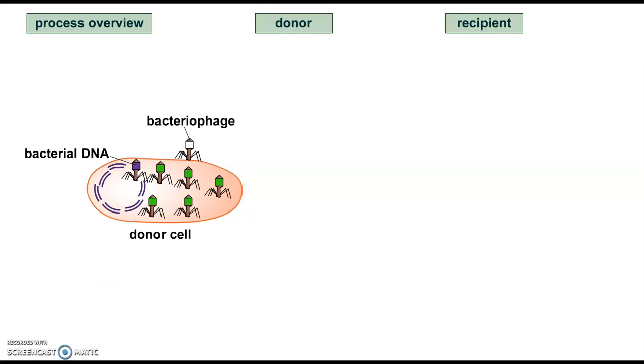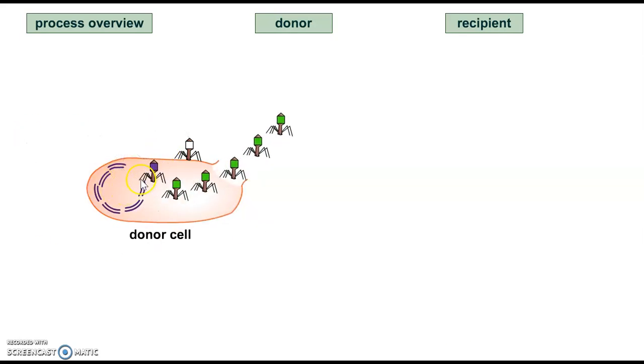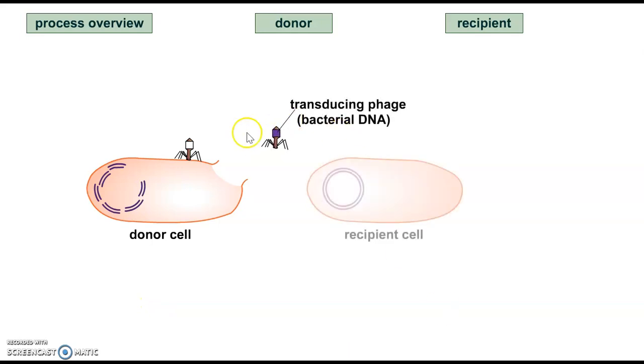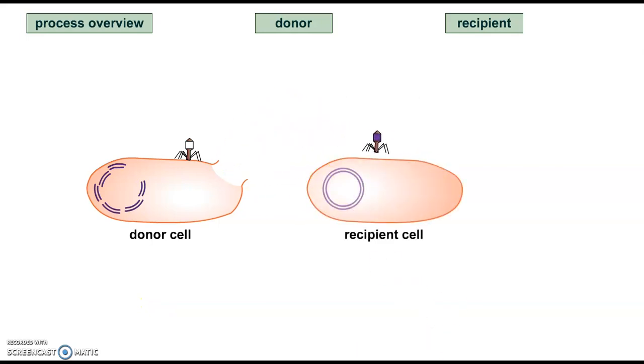Well, here in this case, we can take a look at this DNA chunk that came out of there. In this example, it happened to get packaged inside of that virion. And so this could just be a random piece of the chromosome, and then the virus proteins that were made inside this donor cell, they just happen to package that chunk of DNA right there. And so now you've got a virion that is carrying some DNA around, and it goes out to our recipient